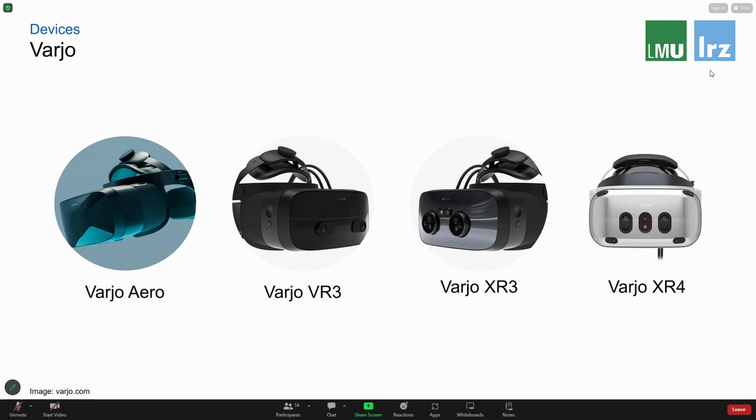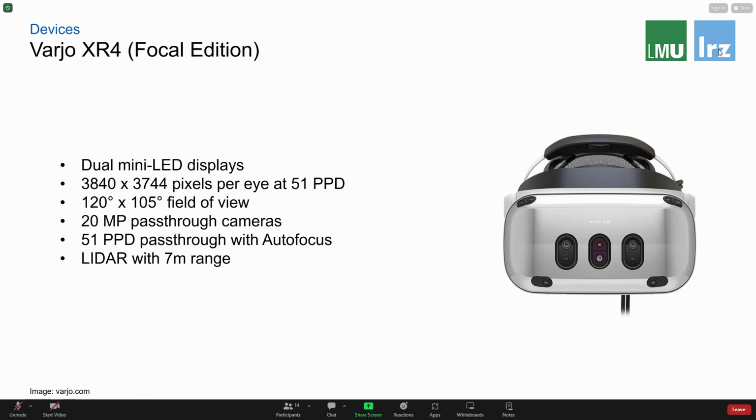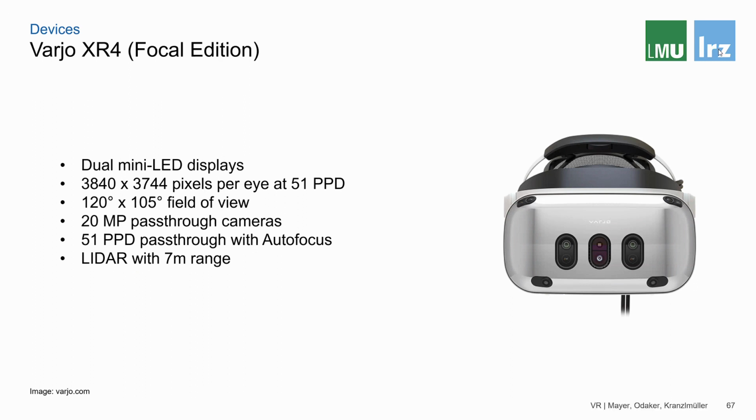Actually, I think 2 weeks ago or something like that, they released the XR4, which is their latest and greatest headset. That has dual mini LED displays. You can see that the resolution is stupid high. It's 3840 by 3744 pixels per eye. That gives you 51 pixels per degree, which is pretty much the highest so far. The field of view at 120 degrees horizontal is also very good. And it has 20 megapixel pass-through cameras. So that's really, really high. Again, it can cover full